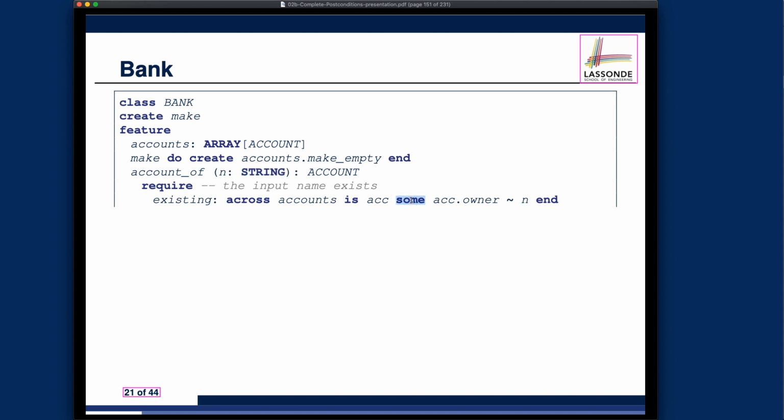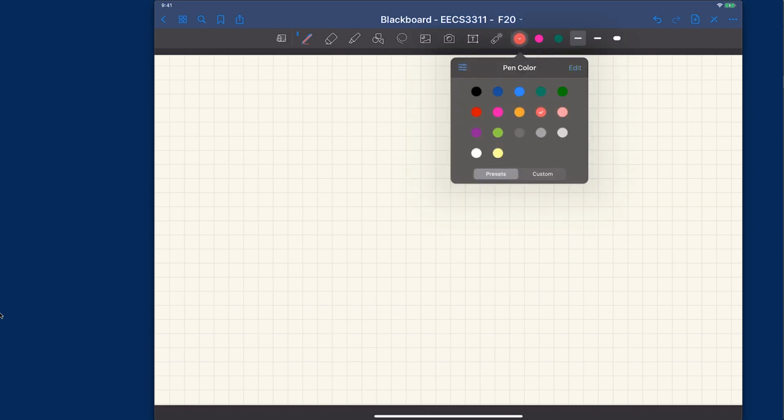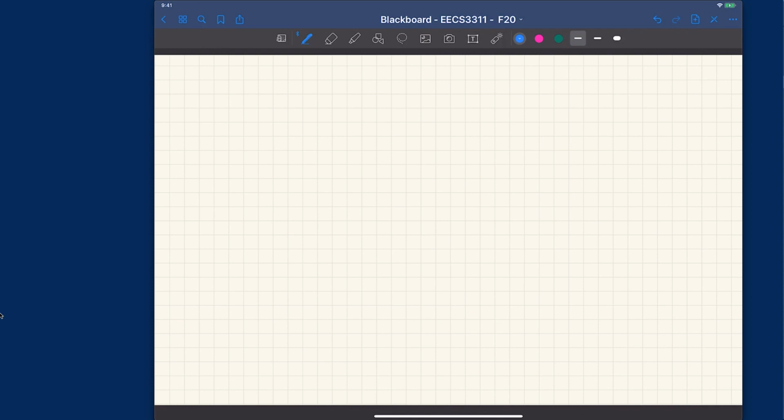Can you use for all to write it? The answer is you can, but let me give you a little bit of hints and you can try it. Remember in 1090, you learned about a very useful theorem to convert between universal and existential quantification. So let me just write it down, and then you will be able to adapt it into Eiffel syntax. So let's say if we have for all over here, for every x, some dummy variable, such that,